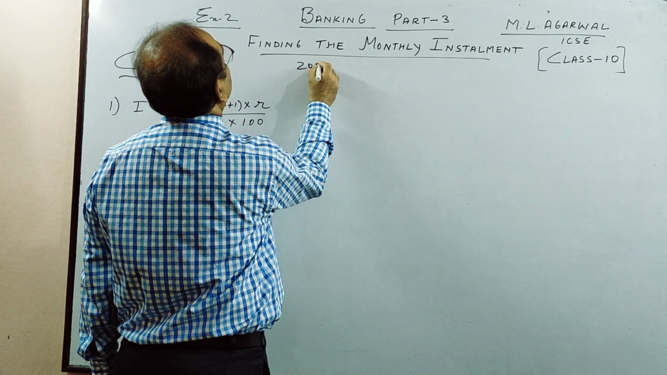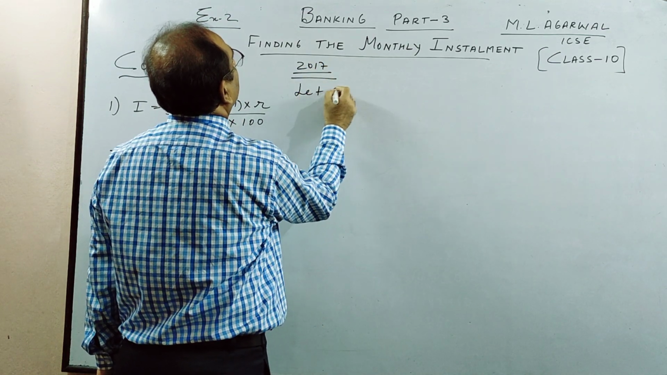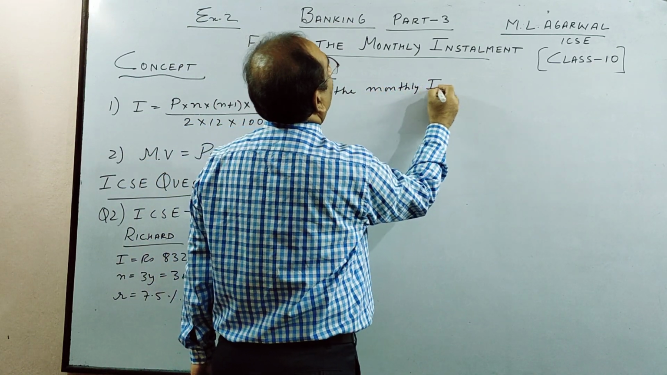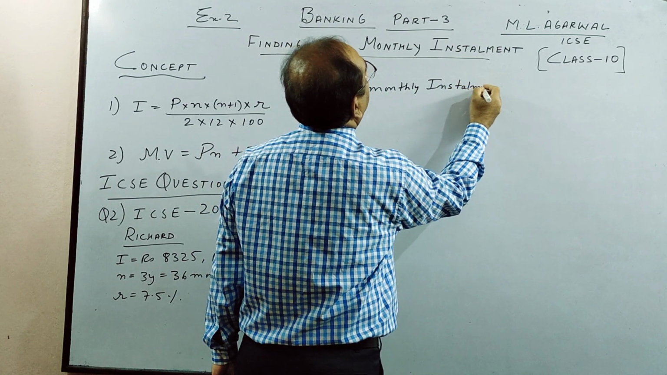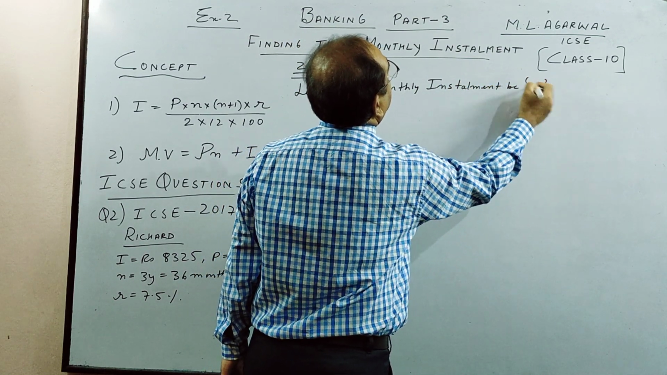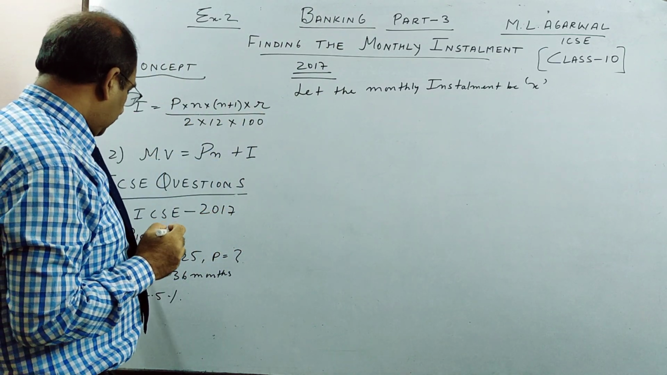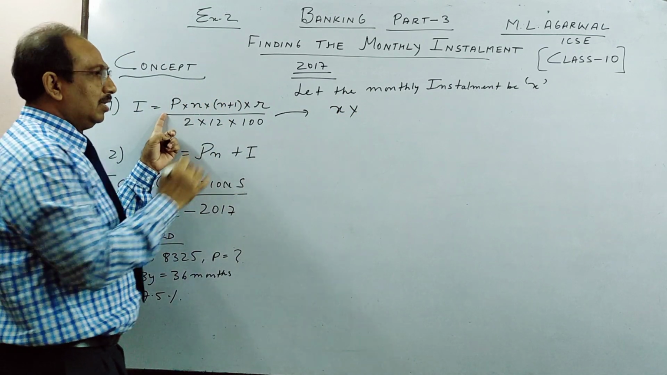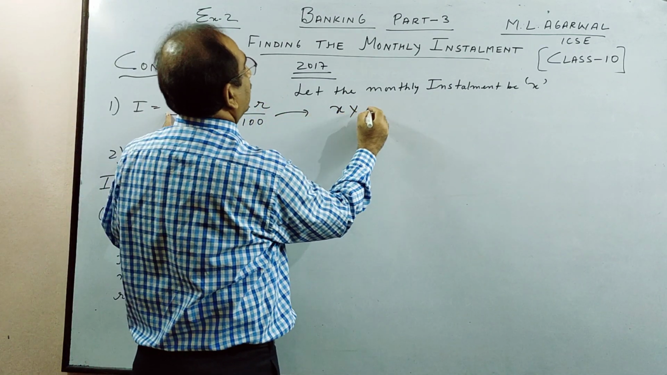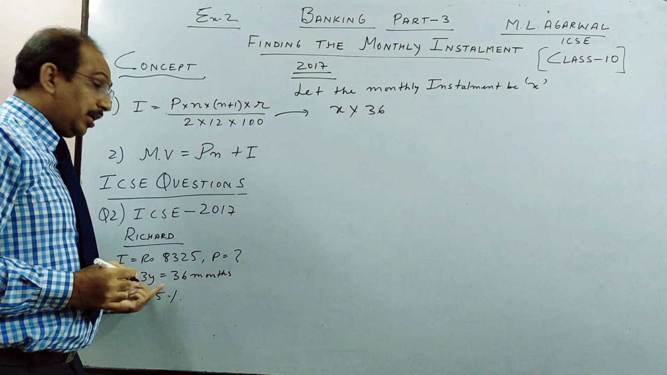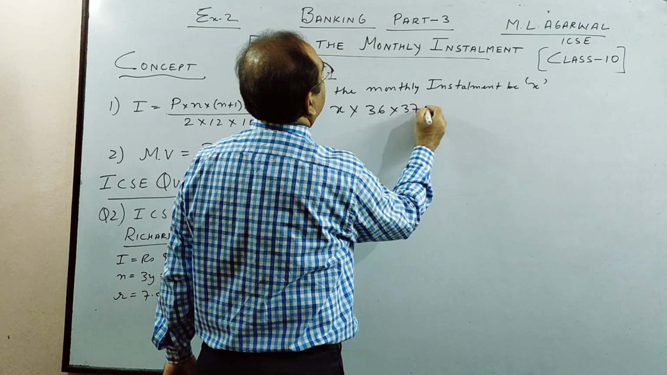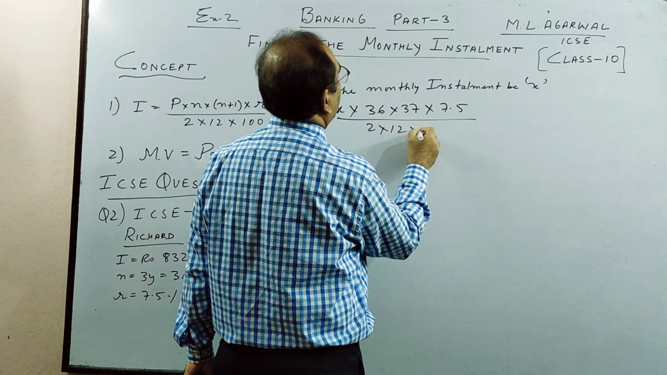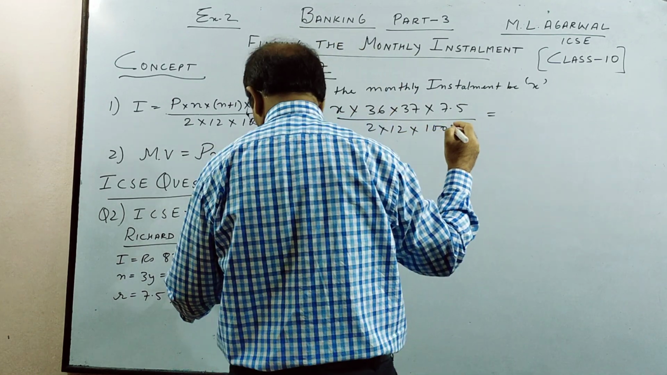So year 2017. Let the monthly installment be rupees X. So what do we get, children? See, this same formula, X. I am not writing the formula, and same way as the previous sum, I will put X on the other side. 36 months. I told you n is always in months. 37 into 7.5 by 2 into 12 into 100 is equal to